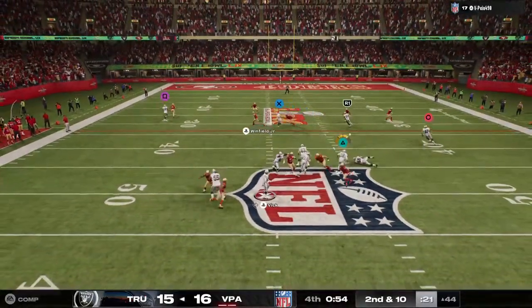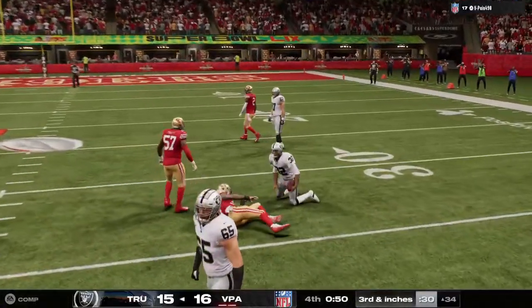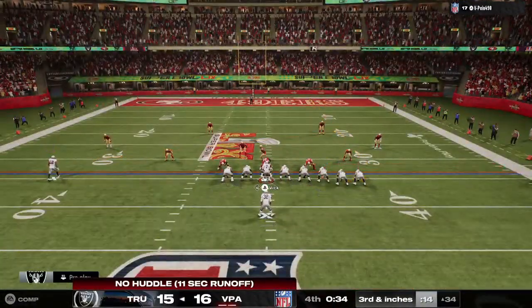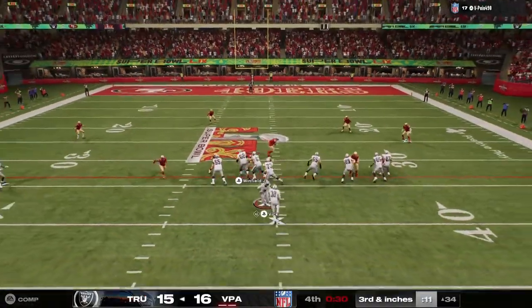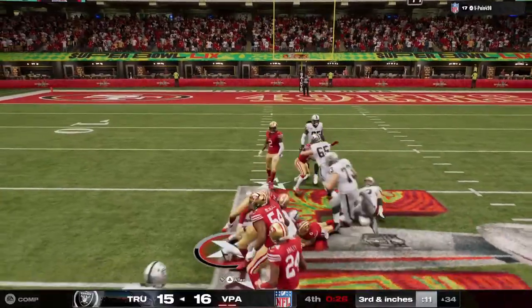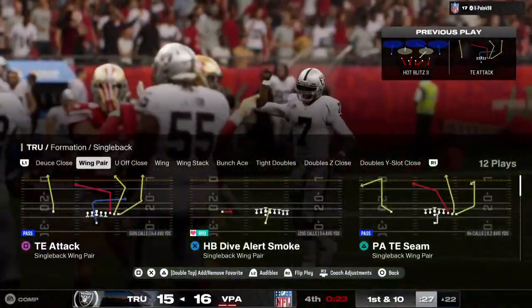Back to throw. Allen's got it, complete. And they'll be inside the 35 now at the 34-yard line. Well, this crowd is trying to force a false start here. 3rd and inches. Now a carry for Allen. And an excellent job of finding the opening as he's got this now all the way down to the